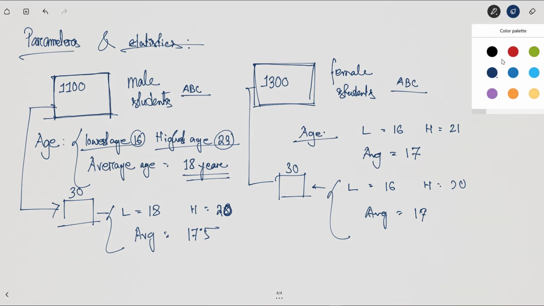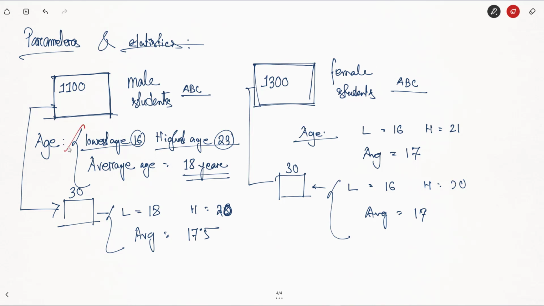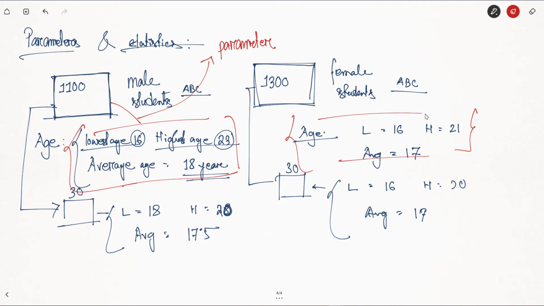So all this information here is coming from the population, so that's why these are called parameters, right? Now this set of information is coming from a sample, so this is why these are called statistics,